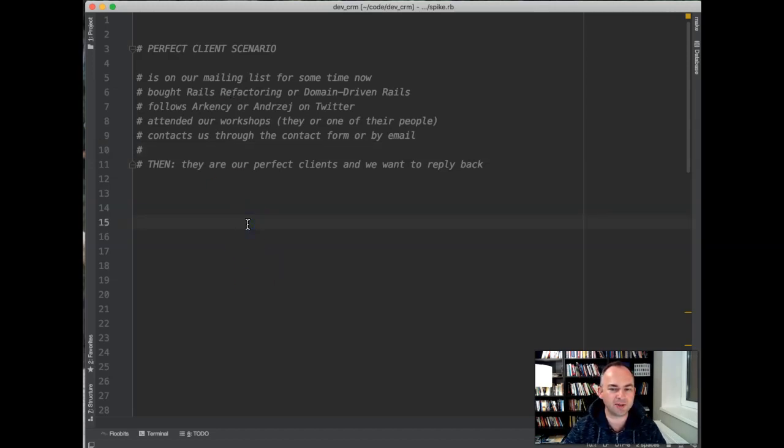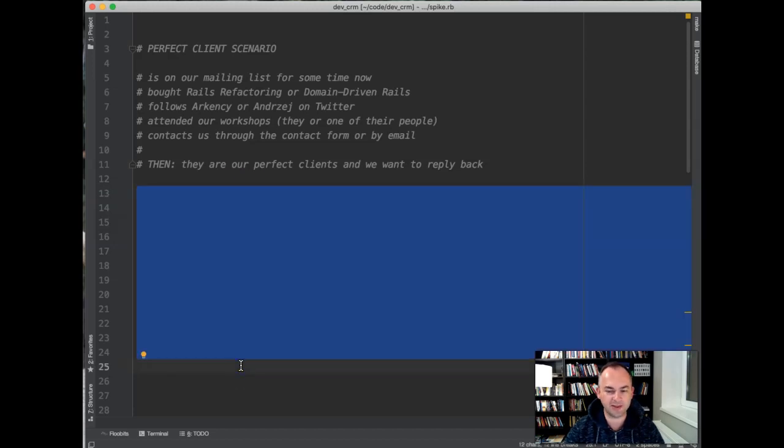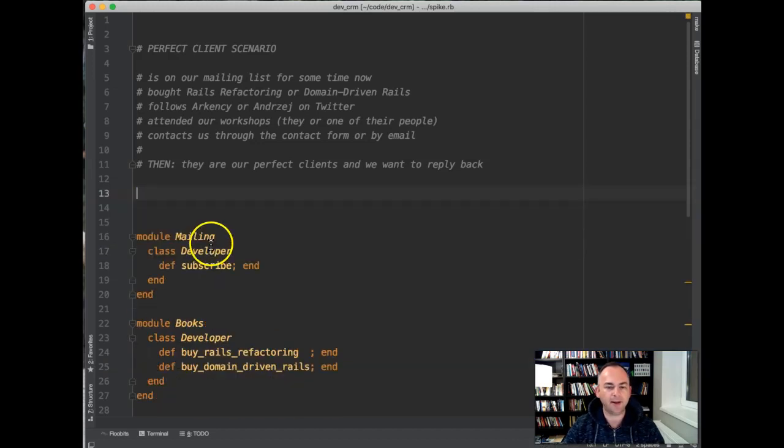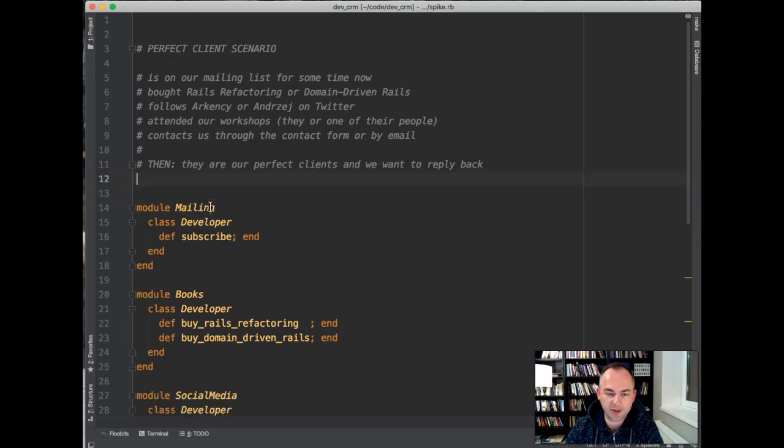So I've prepared what I call a domain spike, just to give you some idea of how we're going to work here. First of all, I started using just objects and modules, and modules are representing bounded contexts in the Arkency world. So you can learn a little bit about the Arkency bounded contexts, about the business here.